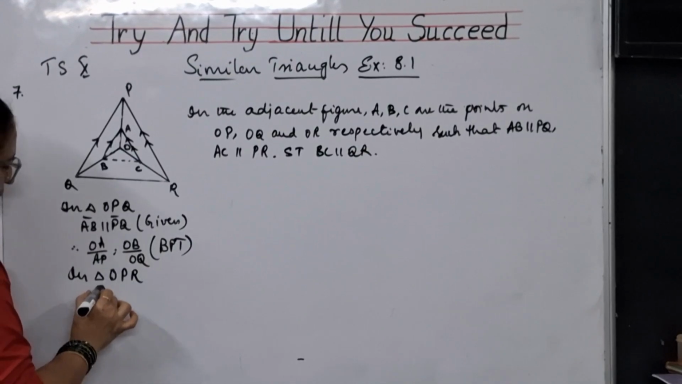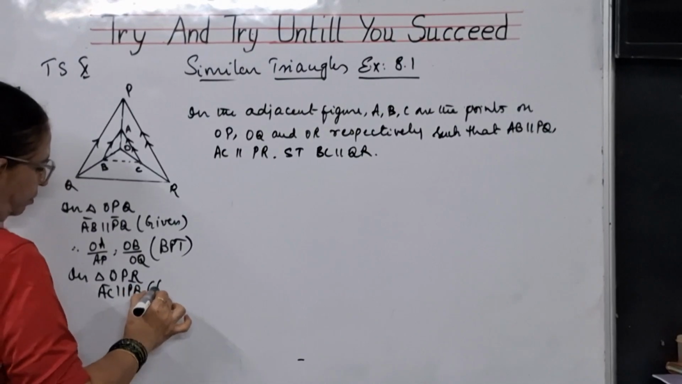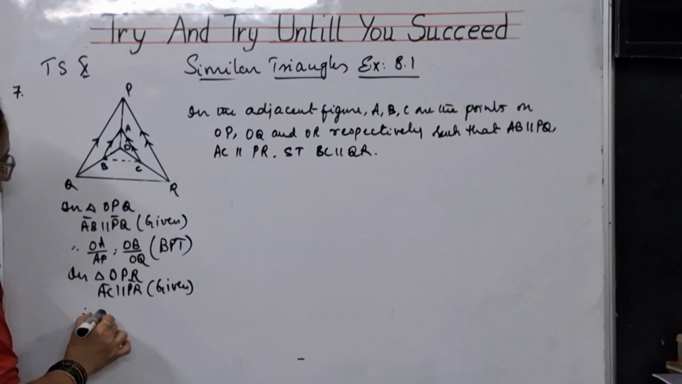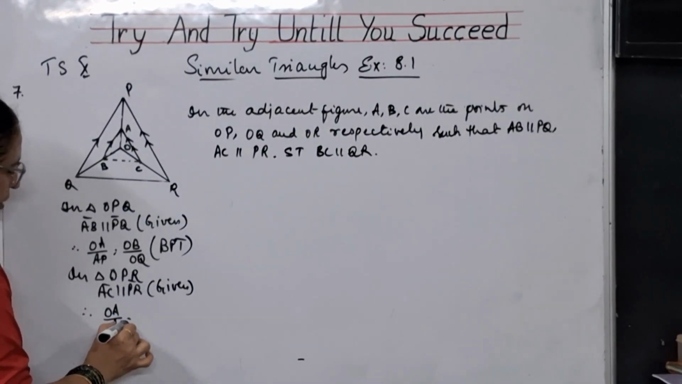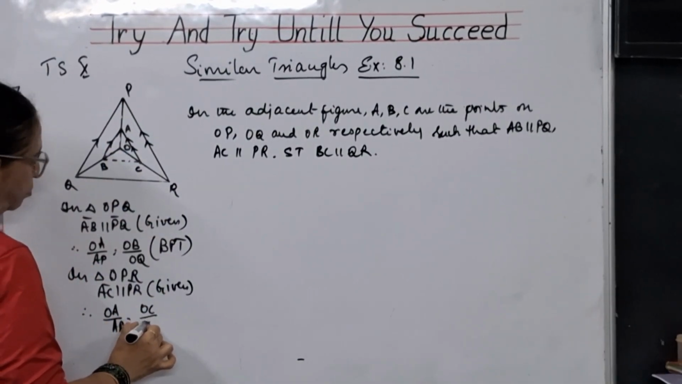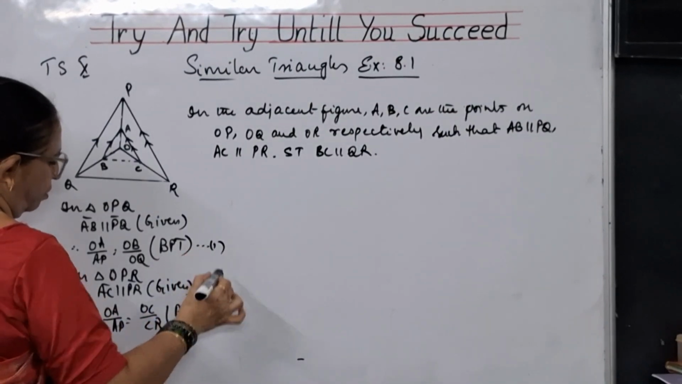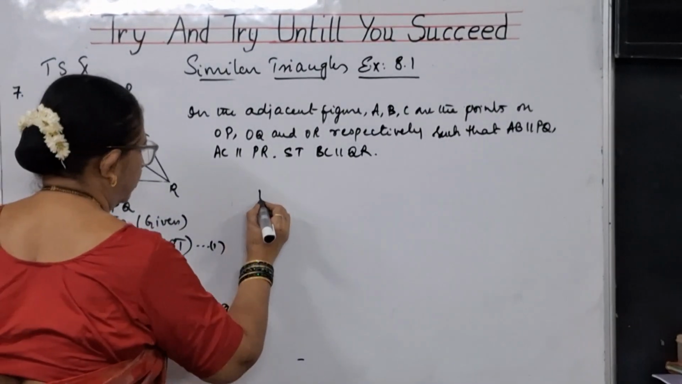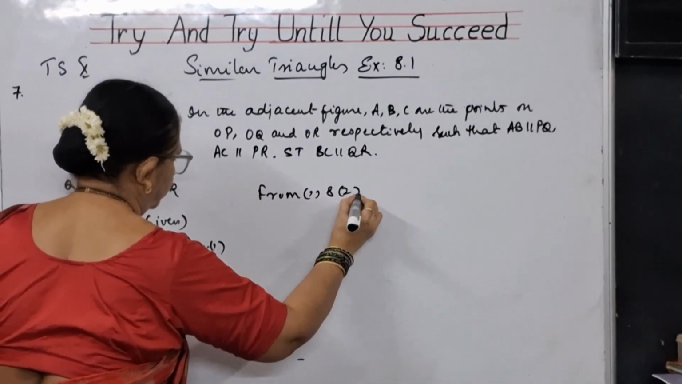Okay, basing on BPT. Now, let me take triangle OPR. In this, AC is parallel to PR. This is given to us. Therefore, what I can say, OA by AP is equal to OC by CR basing on BPT. So first equation, second equation, we can say. From 1 and 2,